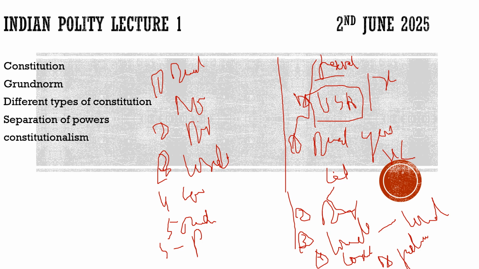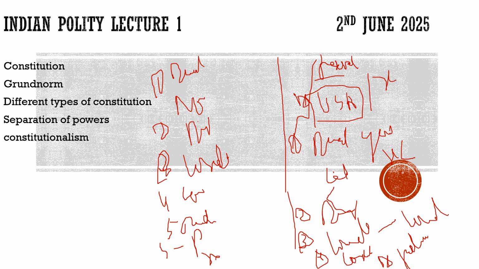What about the removal of judges? Who is going to remove them? It is the president, when the removal bill is passed by both houses of parliament. So is the judiciary really independent here? There is a gray area. Even though the judiciary is independent, there are still gray areas.